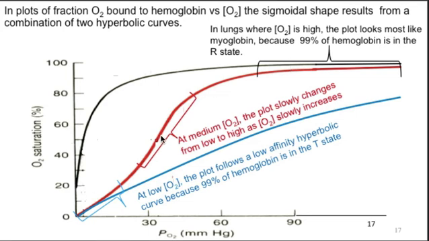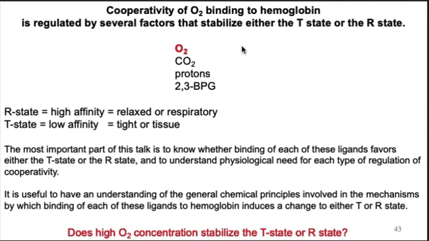The further from the lungs you get, the more like the low affinity state. So we have essentially a high affinity state, then a transition to a low affinity state. Again, the sigmoidal shape is essentially a combination of a high affinity and a low affinity hyperbolic curve. We are going to look at how the concentration of oxygen, carbon dioxide, protons, and 2,3-bisphosphoglycerate affect the affinity of